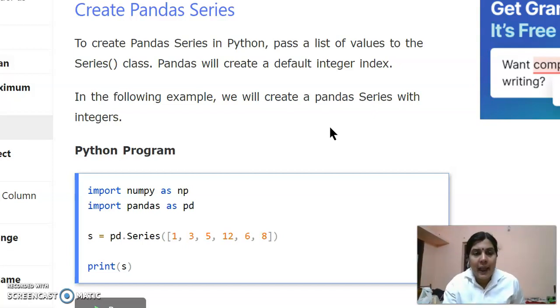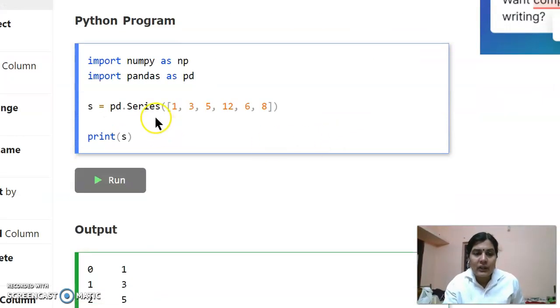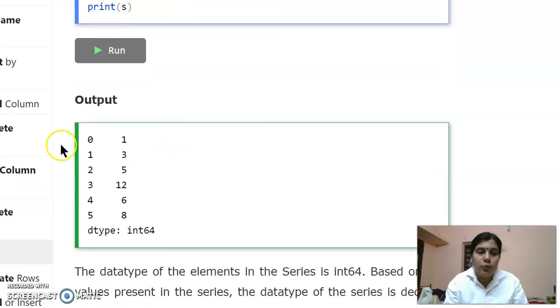To create a series, an empty series. Now we are creating an empty series. For this, we have to import two packages or modules known as NumPy and Pandas. First we imported the NumPy module and then the Pandas module, and there is a constructor known as Series. By using this Series constructor, we can create a series. So pd.Series of, inside this there is an array, because this is a NumPy array. We used an array in which 6 elements are there. Then a series is created and its output will be like this.